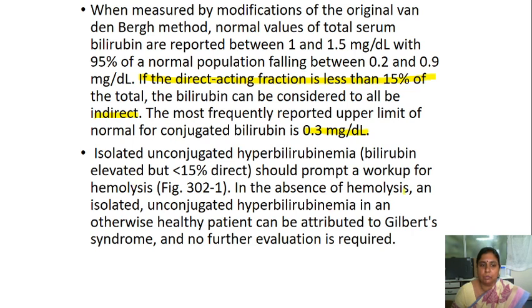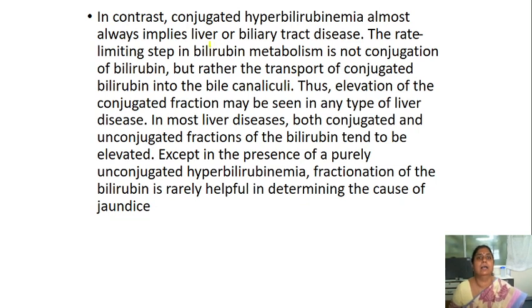In the absence of hemolysis, an isolated unconjugated hyperbilirubinemia should have the direct less than 15% of the total. If it is so, then this is called unconjugated hyperbilirubinemia, and many times it is seen in Gilbert's syndrome. Okay, and again when we are having conjugated hyperbilirubinemia, okay, most of the times it is